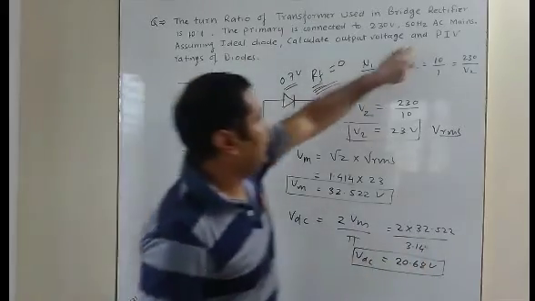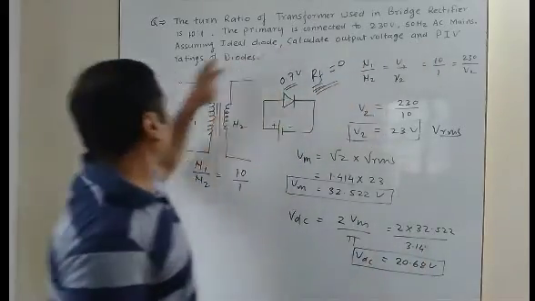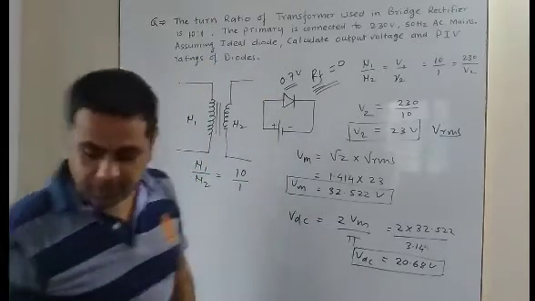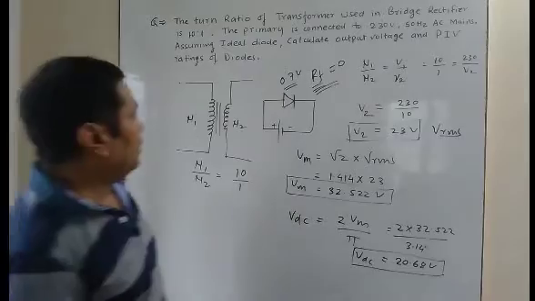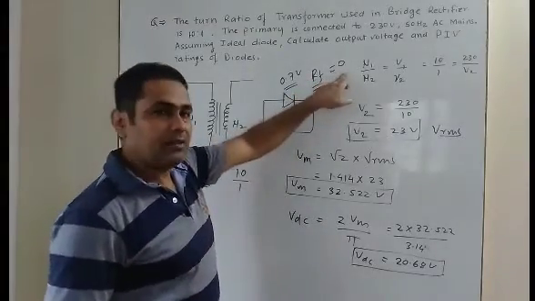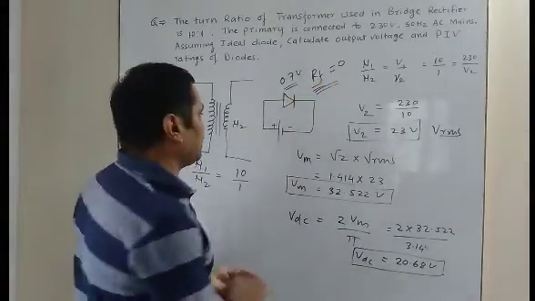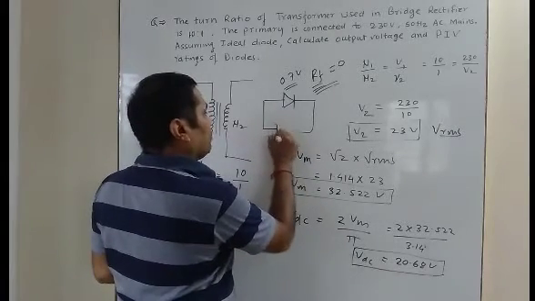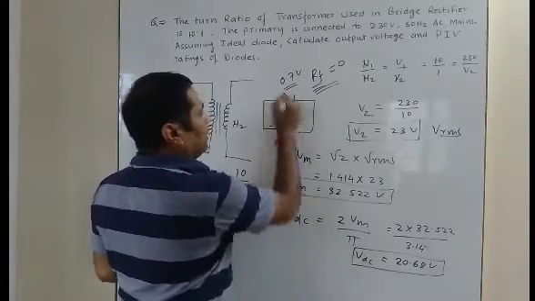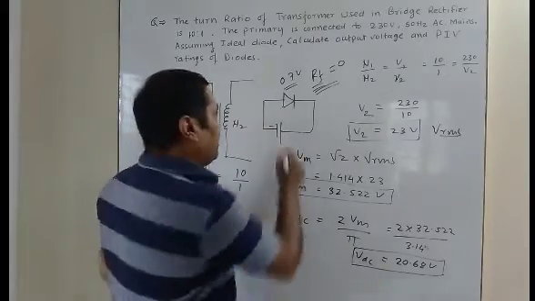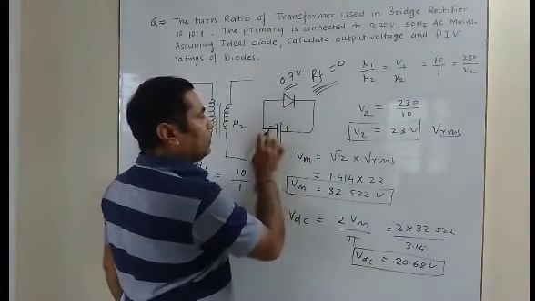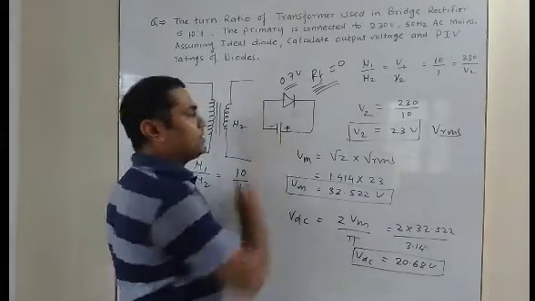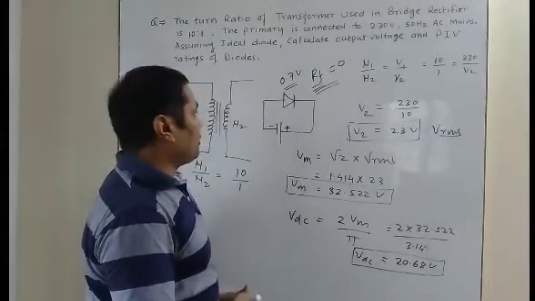Then further they have asked to find out the peak inverse voltage rating of the diode. Now let us see what is meant by peak inverse voltage rating. When the diode is forward biased, this is the forward resistance. In the same way, if the diode is reverse biased, that means the P type of the diode is connected to the negative terminal of the battery and the N type is connected to the positive terminal of the battery, then we say that this diode is in the reverse bias mode.